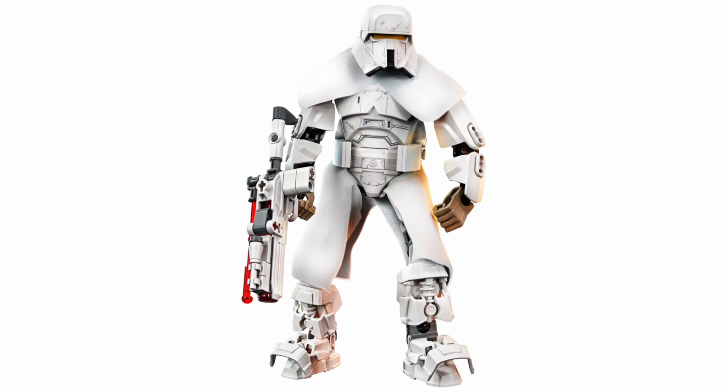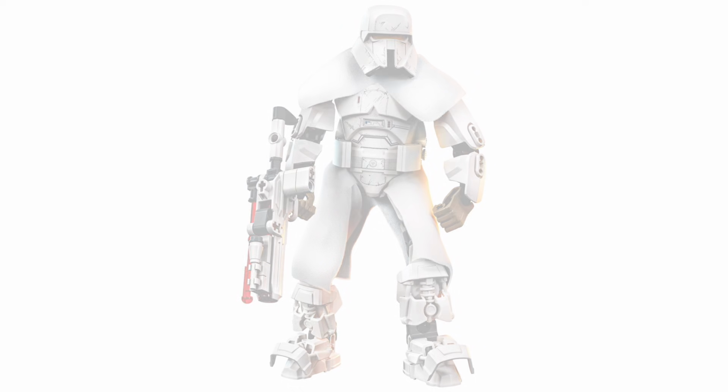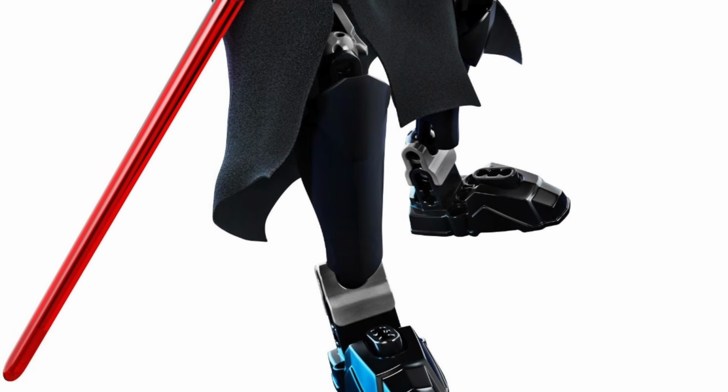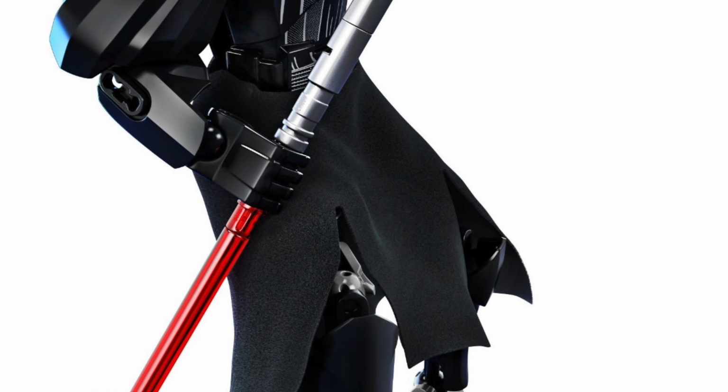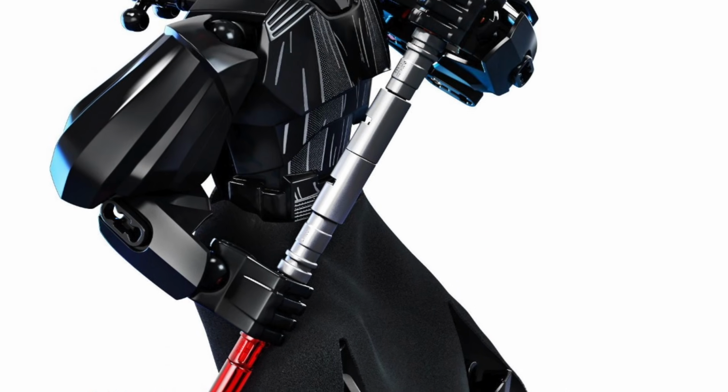The Range Trooper was alright, although he looks a bit bulky to me. It's a passable buildable figure, but this one was also on clearance a lot. The middle of the pack for buildable figures, number 3 out of 5, is going to be Darth Maul here. He is a humanoid buildable figure that does look good. It's probably the face paint and the horns that make him look good, but the double-bladed lightsaber is a nice